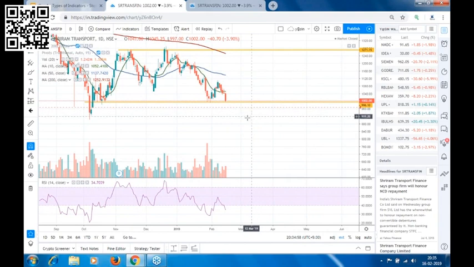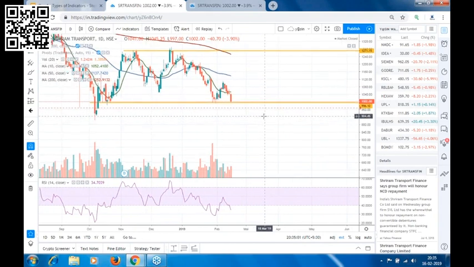not before that, because we have checked the weekly time frame, we have checked the daily time frame, and we have checked the 4 hour and 1 hour time frame. The only support that we are having is from the price action. From the past history, we can see the prices, we saw a pullback from this level again and again.